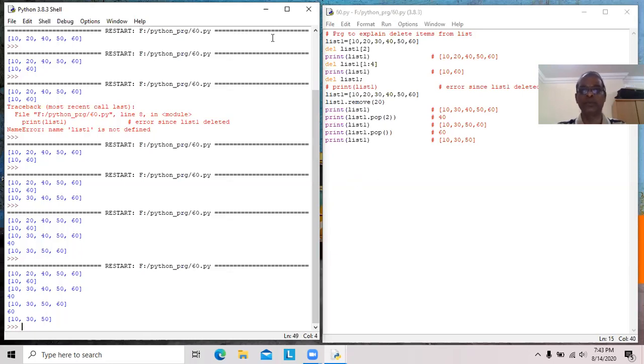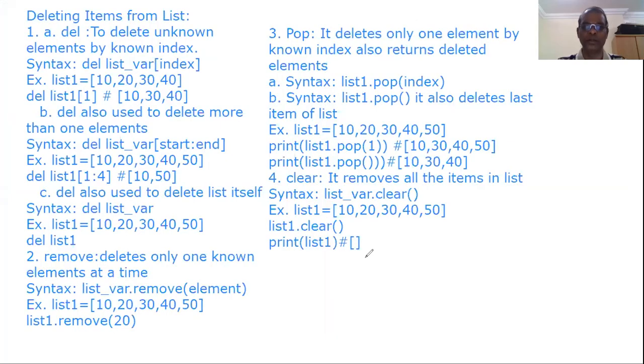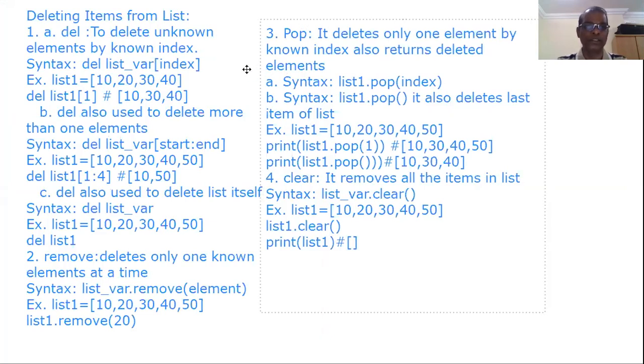Then we'll go for some more functions available in list. So already we studied so many functions. That means append, extend, insert in the previous lesson. Now we studied del, remove, pop, and then clear. In addition to that, list contains some more functions.